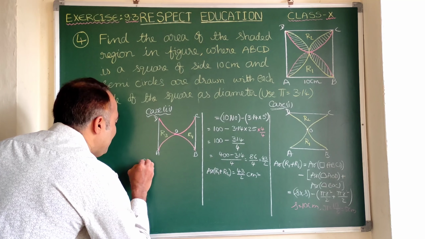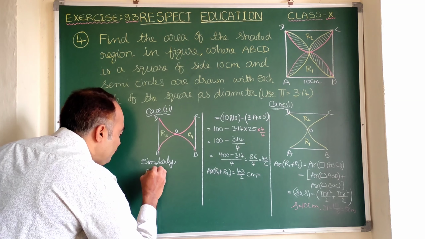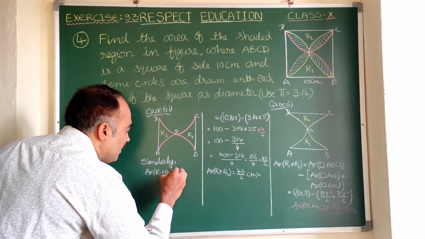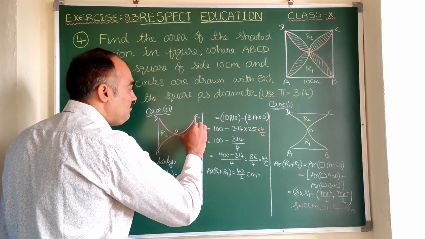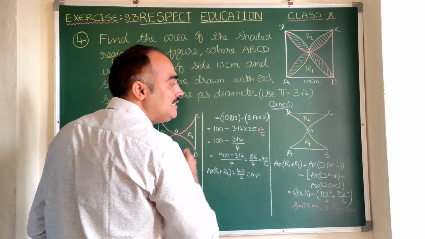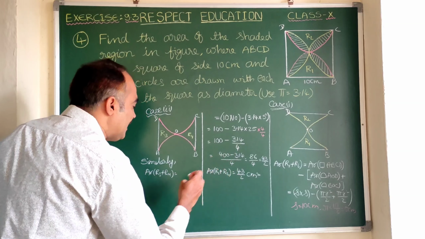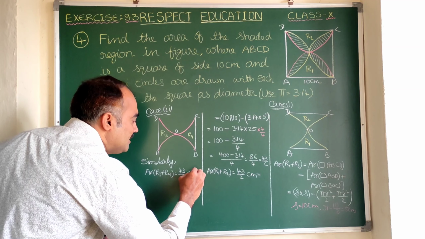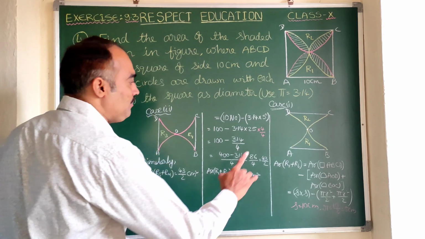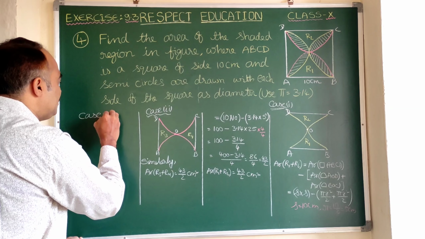So we can write similarly area of R3 plus R4. If you observe carefully, here the same square we are taking, and again the same semicircles whose radius is the same. That way here again the same process will be repeated. If not, we can write this answer directly. Area of R3 plus R4 also we get 43 by 2 centimeter square. Is it clear? Because all the measurements are same. Now we enter the third case. With this we are going to close the problem.